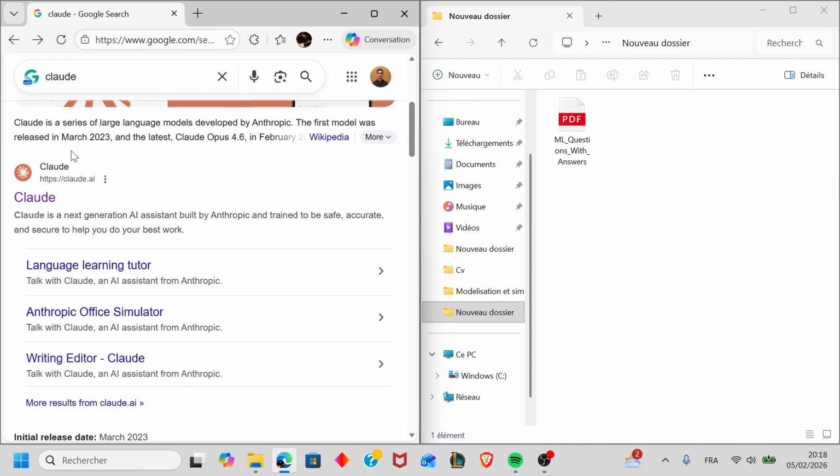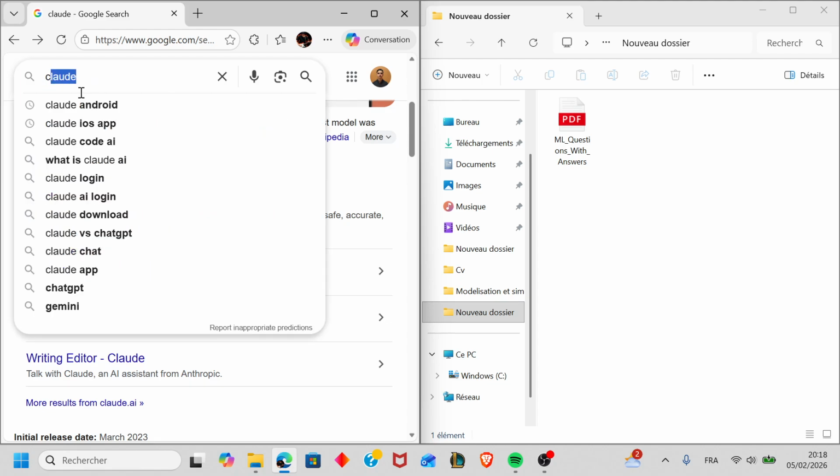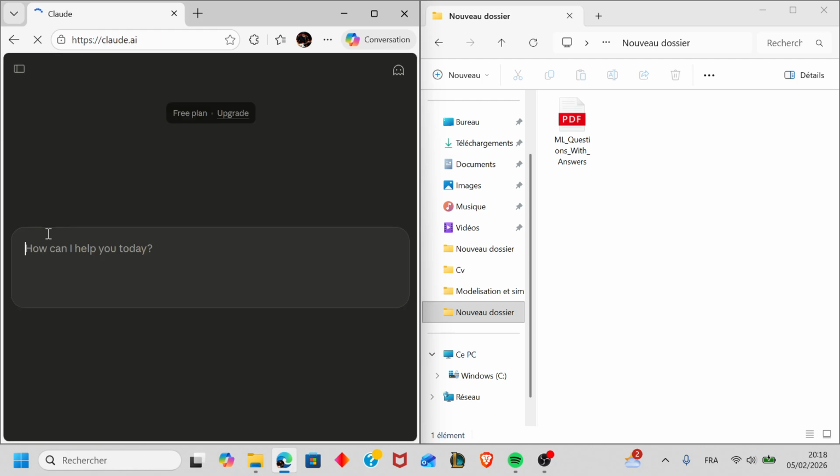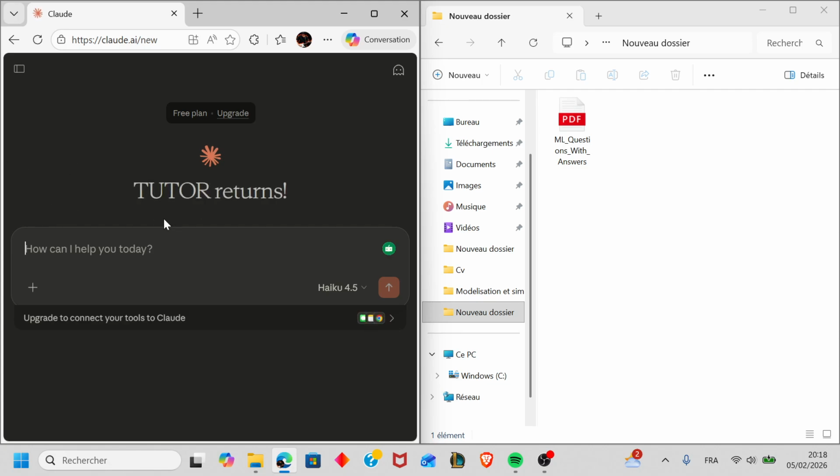So let's do it step by step. Let's start with the first step, which is to open Claude. You're just going to go to your browser, type in Claude in the search bar, and then open the website claude.ai. Make sure you sign in with your account, your Google account or your Claude account. And once you're logged in, you're going to open a new chat and you're going to ask Claude something like,